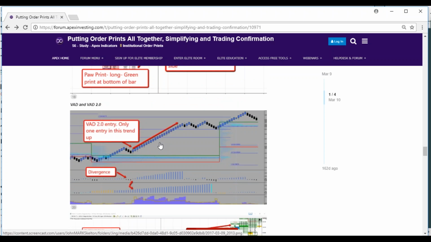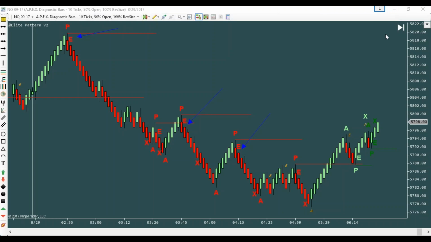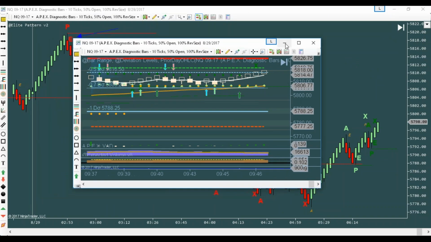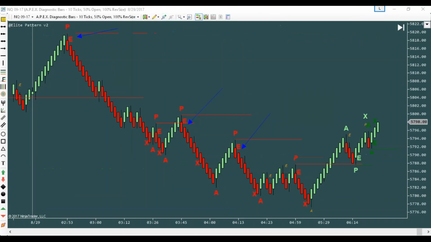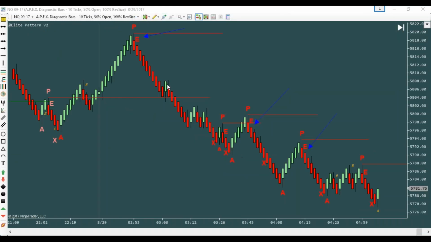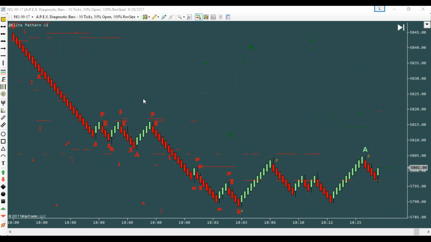Okay. Some other entries we'll talk about in a few weeks, using multiple variations of VAD, different settings of VAD. We'll talk about that. We're going to talk about this over the next couple weeks. What about just in general? Let's just forget this. Let's just do a blank chart. Let's just in general, I'm looking at the market,